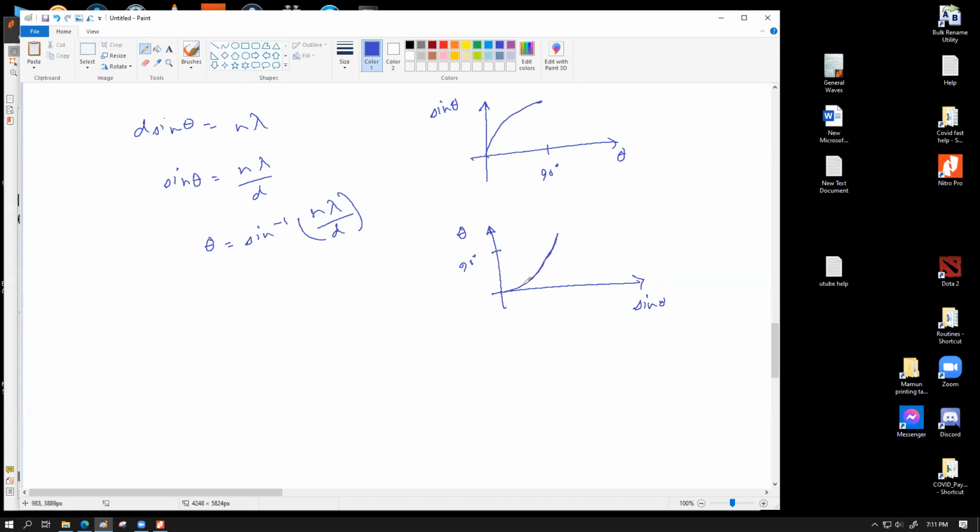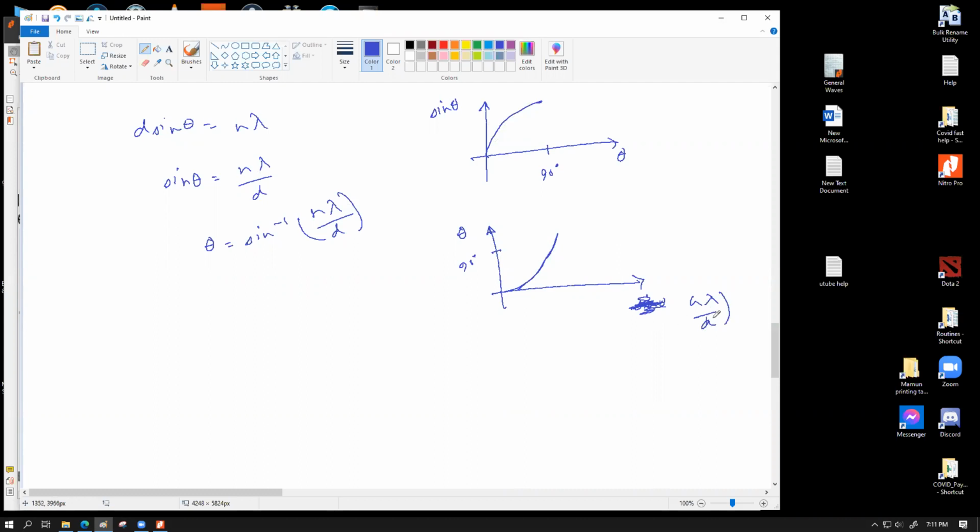So the reason I'm trying to show you this is that the sin theta value, you can see over here that the increase of sin theta with the increase of theta is non-uniform. It is slowly becoming less. So আচ্ছা, এখানে আমি sin theta না লিখে রাদার মনে করো এখানে আমি n lambda by d লিখি, তাহলে তোমাদের বুঝতে একটু ইজিয়ার হতে পারে।